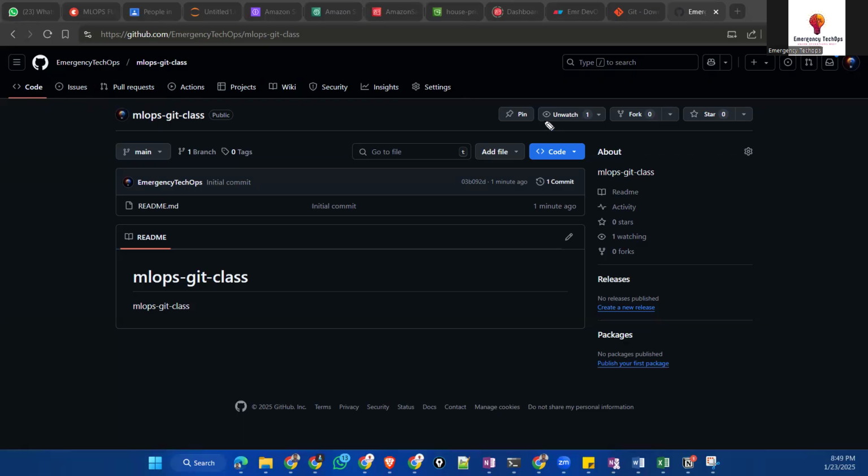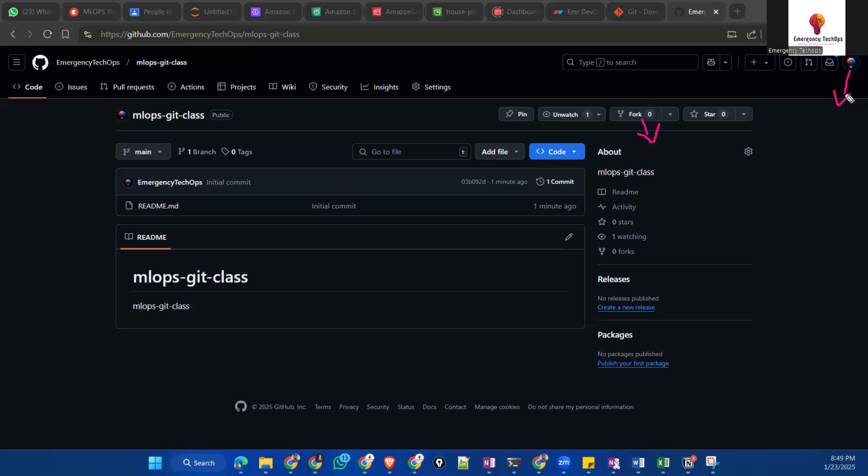Here you can also see how many people are watching, and pin, like a bookmark. Fork. Fork is something with one functionality. Let's say it is my account and you have your own GitHub account.